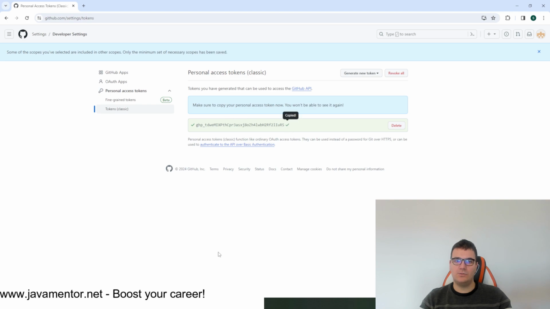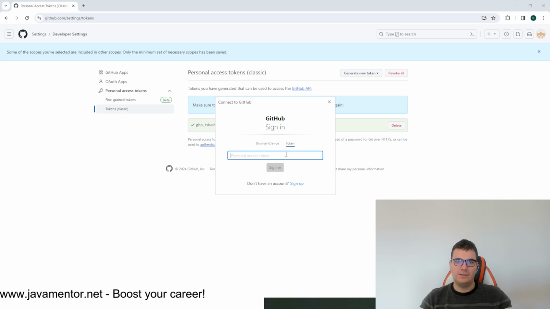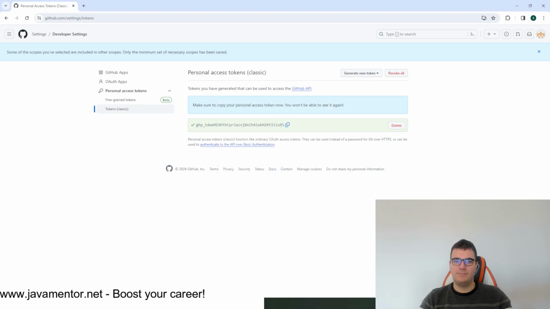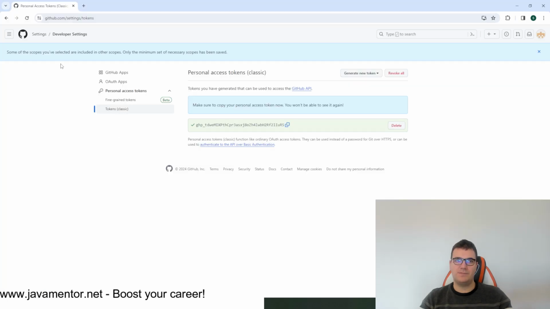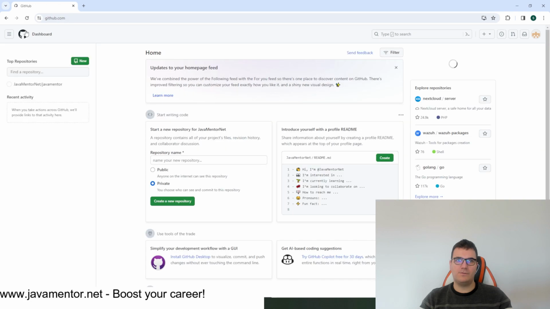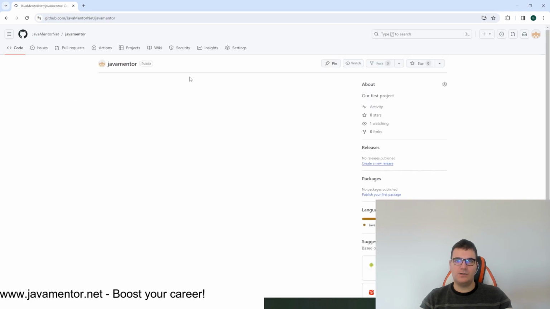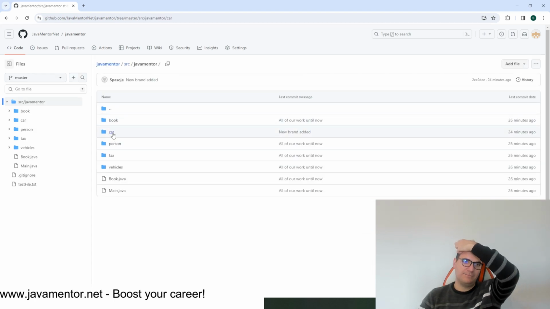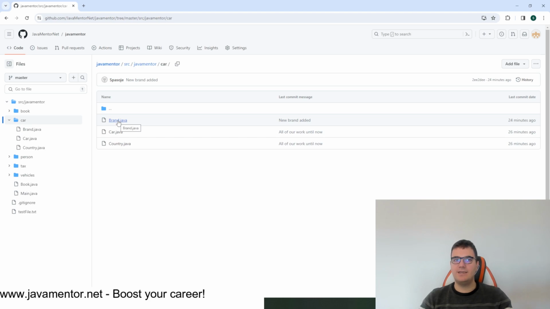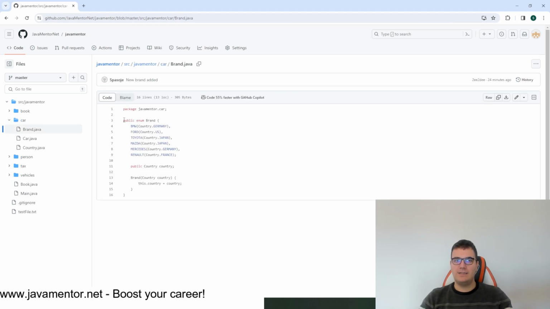I will copy that token and I'll paste it here in this prompt. I'll say sign in. Okay. And let's see. Wow, it says branch master set up to track origin master. So if we go back to our profile and we go to our project, look at this, our code is online and our code can be seen by anyone else, right? Brand, BMW, you see,